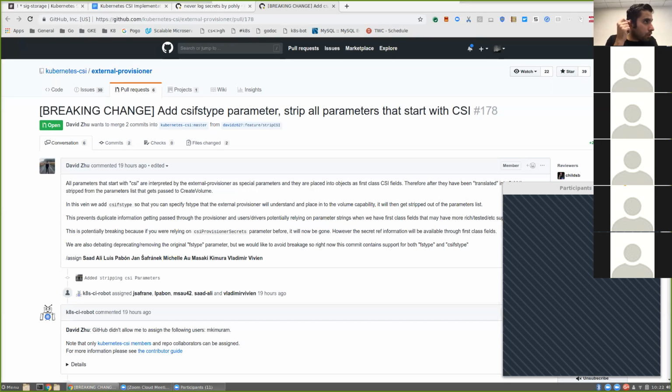If both the old field and the new field are specified, then we fail and say you can't do that. You need to specify one or the other. And if you specify the new one, everything is happy and it gets stripped out. If you specify the old one, existing behavior continues, which is we'll pass it through to the CSI driver because that's the existing behavior, it's compatible.